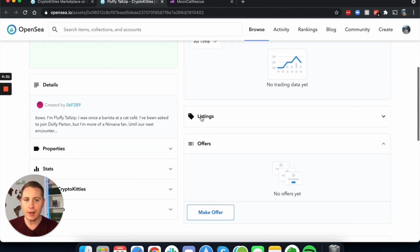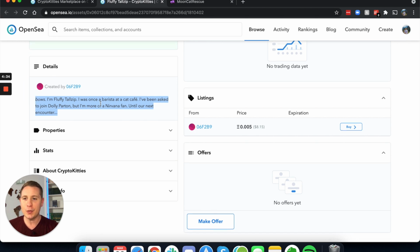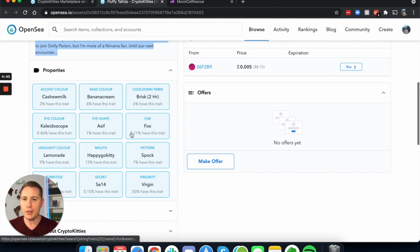So you can see a lot of the data. You can see the offers. This one doesn't have any offers yet. You can see the properties. You can see the backstory about this one. Fluffy, tall zip. I was once a barista at a cat cafe. I've been asked to join Dolly Parton, but I'm more of a Nirvana fan. Until our next encounter,